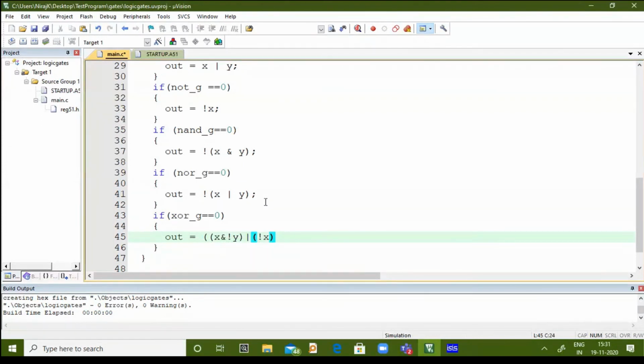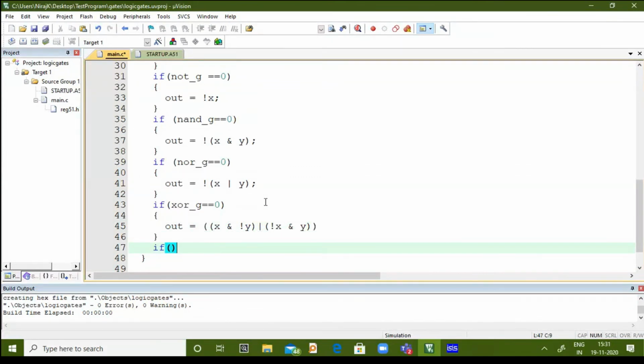Not of X and with Y. This is the truth table for the XOR gate.